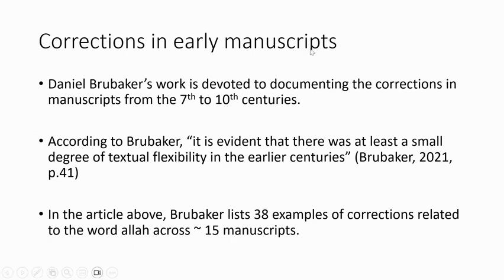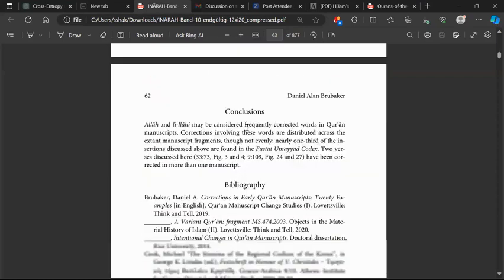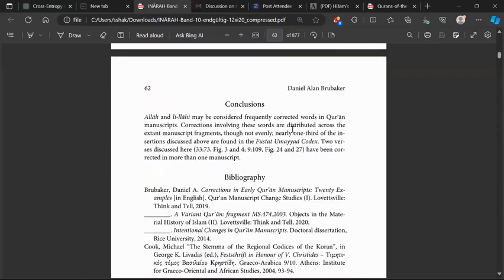As he, I think I'll share the screen. As he notes here, the corrections involving these words are distributed across the extant manuscript fragments, though not evenly. Nearly 1/3 of the insertions discussed above are found in the Fustat Umayyad Codex, and that is the codex which had the similarities between Abd al-Malik's script and